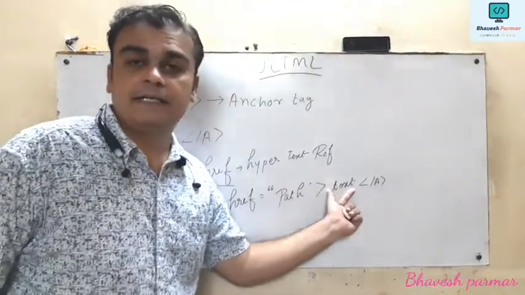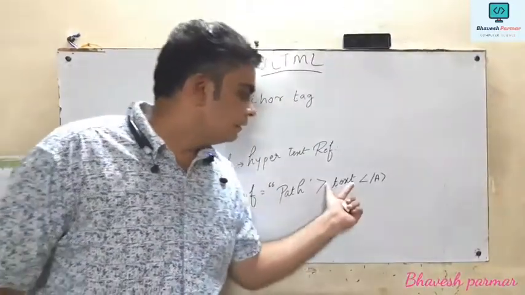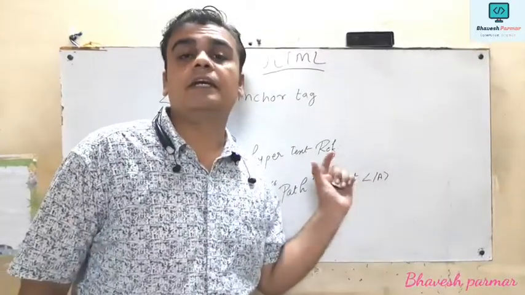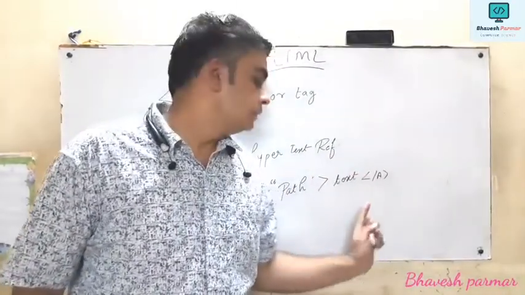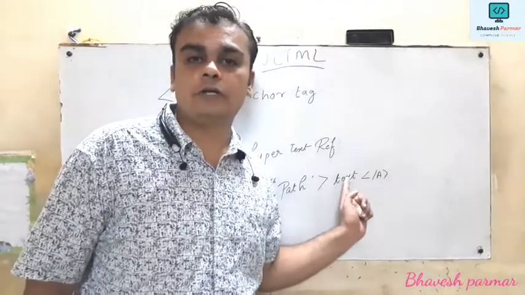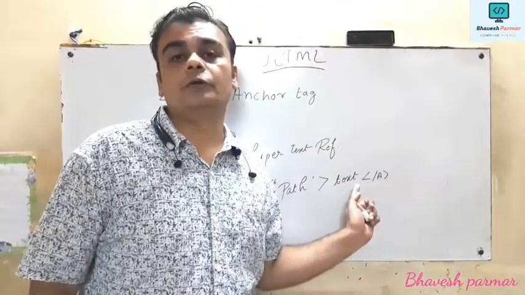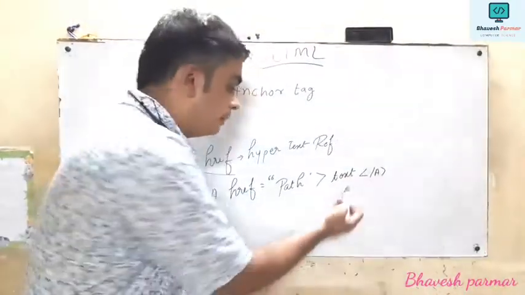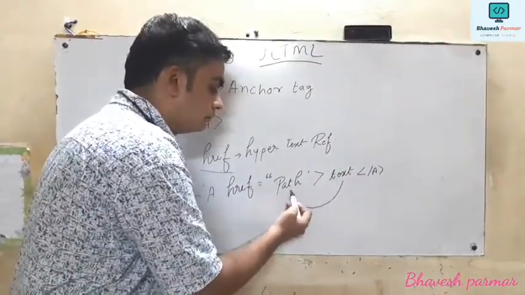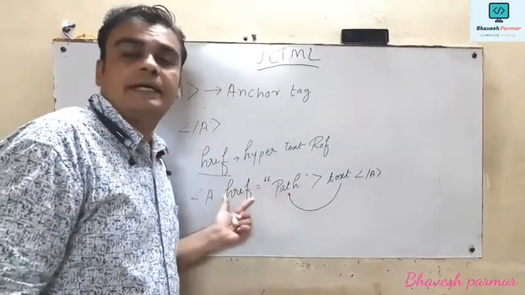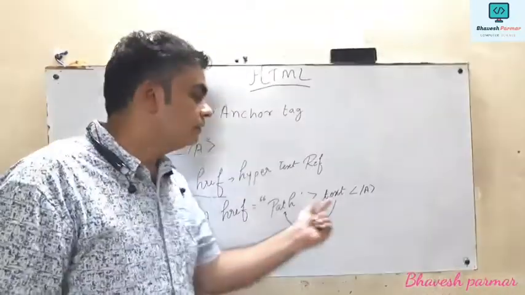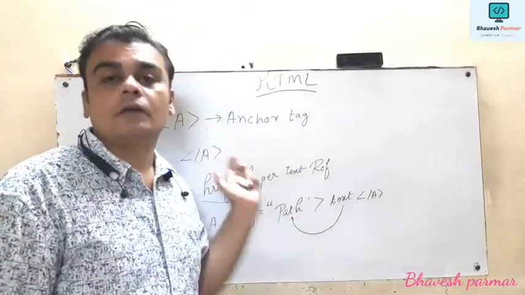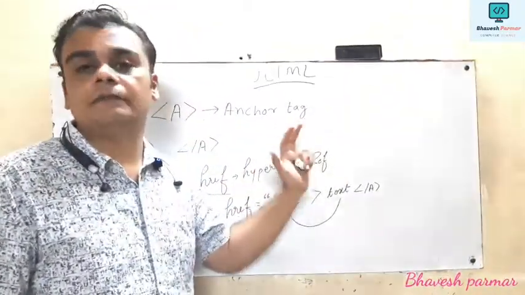This is a mediator text, meaning whenever I see my web page, this text will display in blue color followed by an underline, and whenever I move the mouse pointer over this text, it will show a link, and whenever I click on this text, it will open the path mentioned by href. In this way, the text is used for the connection between our web page and another web page.